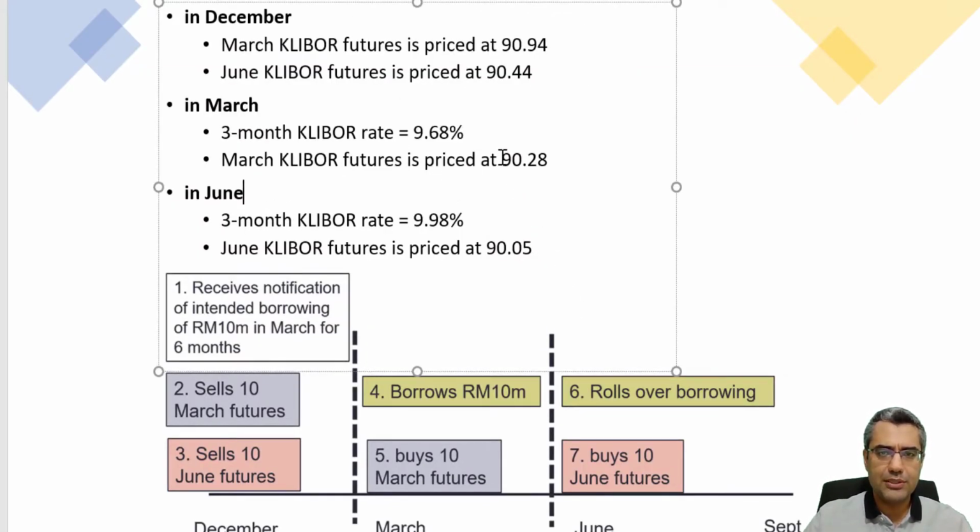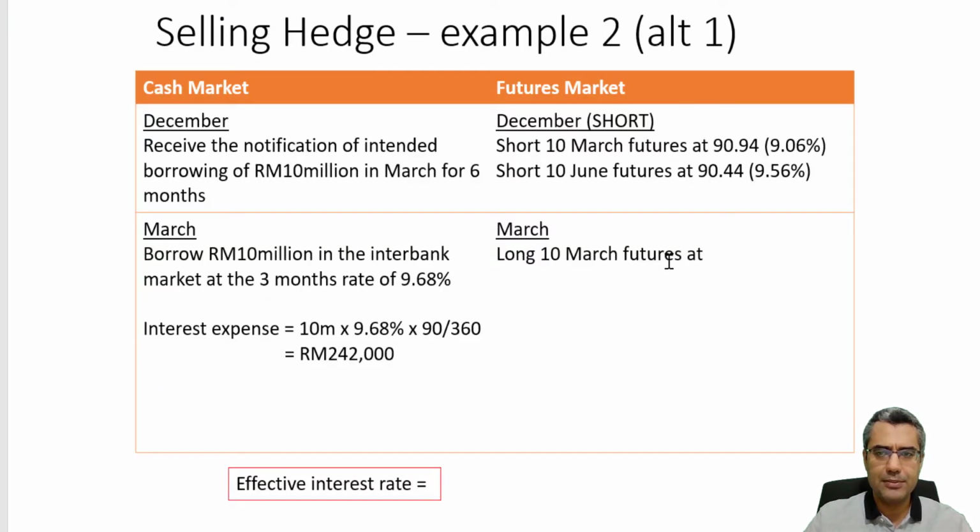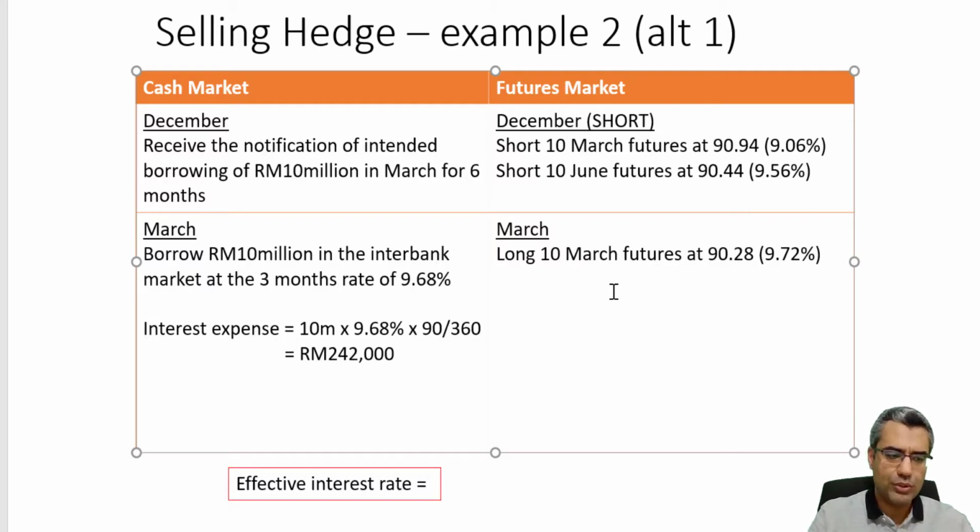March KLIBOR futures is priced at 90.28, or I would say the interest rate is 9.72%. So you long the March futures at 90.28. This means that you short at 90.94, you long at 90.28. So your gain on this contract is